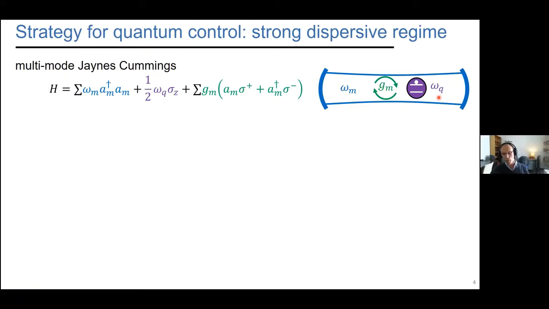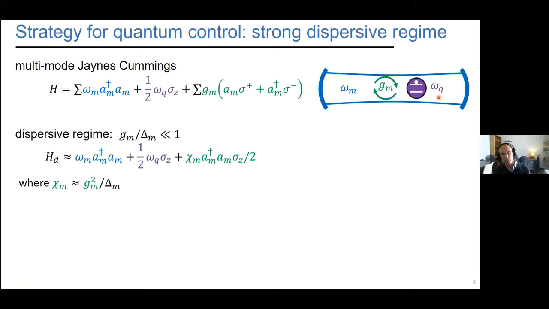So inspired both by this proposal to build a quantum random access memory and by the great success of superconducting qubits coupled to electromagnetic resonators, we're going to operate in a dispersive regime, where the qubit transition is tuned far away from the array of acoustic modes compared to its coupling strength. And in this regime, you have this a-dagger a sigma-z interaction characterized by strength chi. Again, this is familiar for most people here, but the way to think about this is your qubit frequency then acquires a